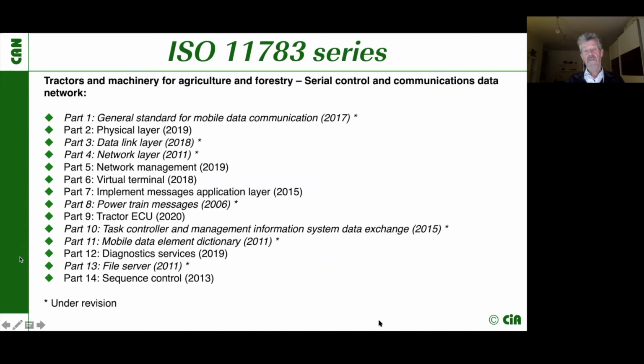Just a word on the data dictionary. The data dictionary is much better than the J939 digital annex, because here they have done a good job to describe very well the different parameters, suspect parameters, much more in the style of CANopen, so that you can easily understand this and easily implement that without any